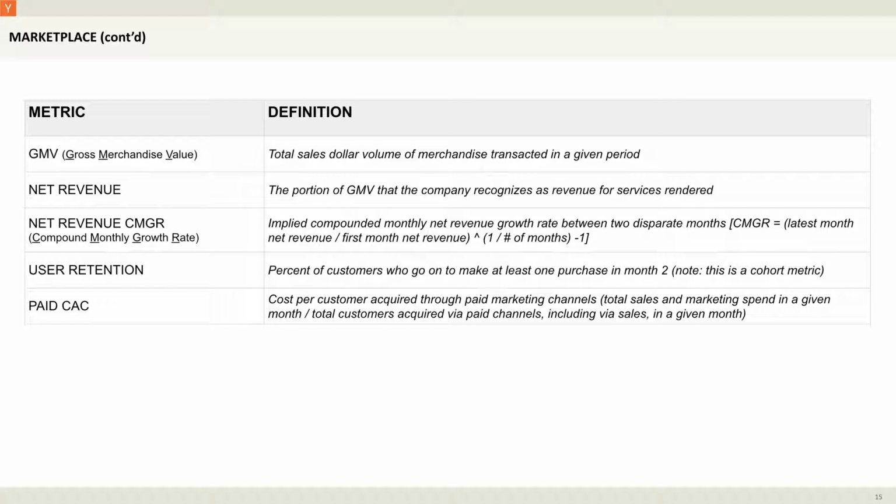Two other metrics, again, similar to the other models that we talked about, you want to track here is compounded monthly growth rate. This is a more important metric for consumer businesses, right? Because volume of consumers matter. And therefore, it's really important to track your monthly growth rate in a compounded way so you can keep yourself honest about how you're growing. And similarly, when it comes to consumer businesses, you should pay attention to user retention, not necessarily dollar retention, because the volume of users matter. So here, you would say, what percentage of customers came back to Airbnb or Airbnb retained, 6 months or 12